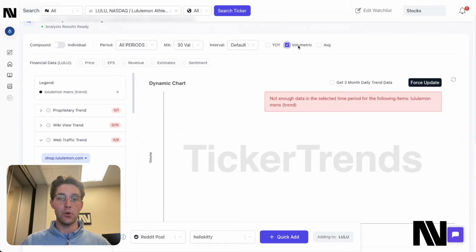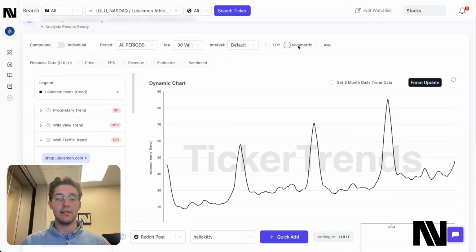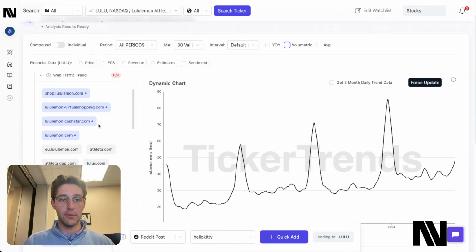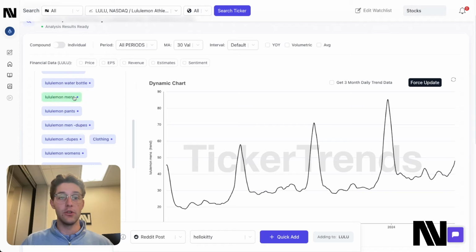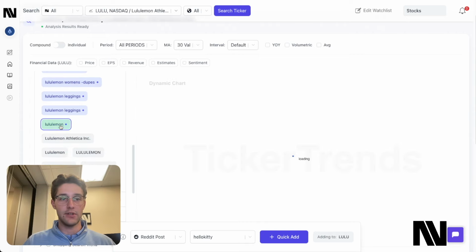So instead of Google Trends being that base 0 to 100 number, this volumetric mode will convert that into an actual search volume number if there is sufficient data.